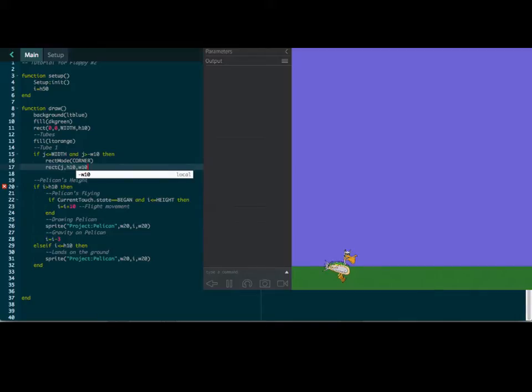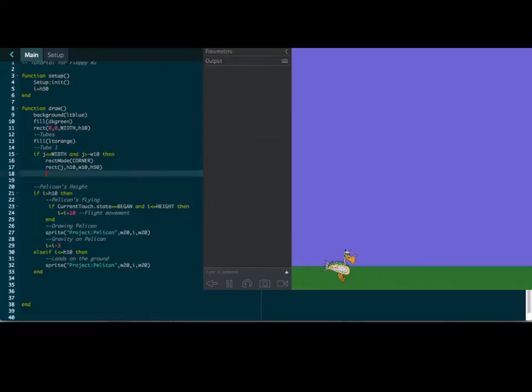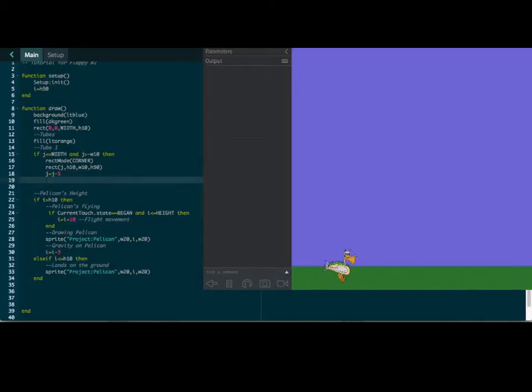We want the height to be, how should we do this? Let's just put H50 for right now. Okay, so this is our first one. And then each time it goes through, it's going to be J minus 5. And that means it's going to go 5 pixels across the screen. And if J is less than or equal to negative W10, if it gets off the screen, which is right here,